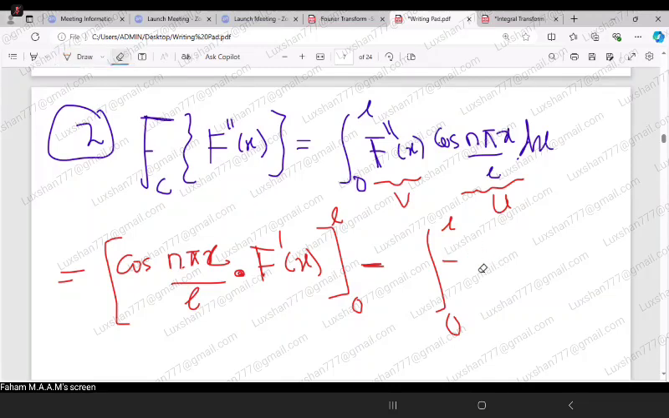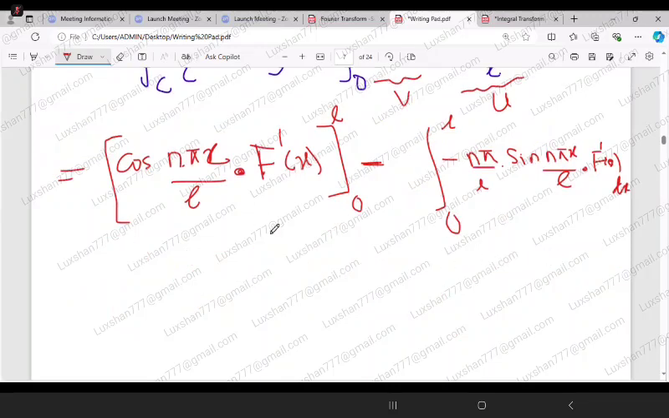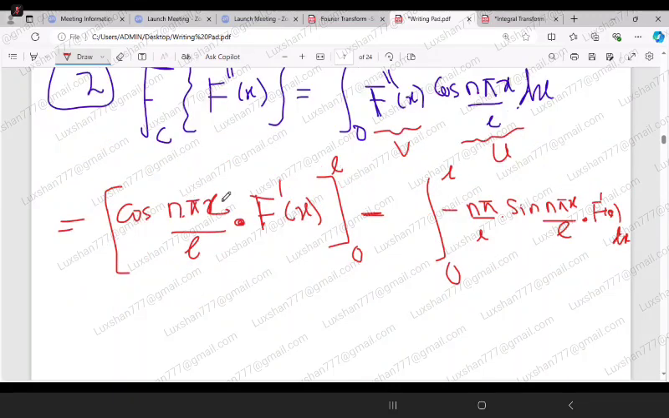So let me write the constant first. So n pi L minus sine n pi x over L into f dash x dx. Okay. So if I substitute x equal L,